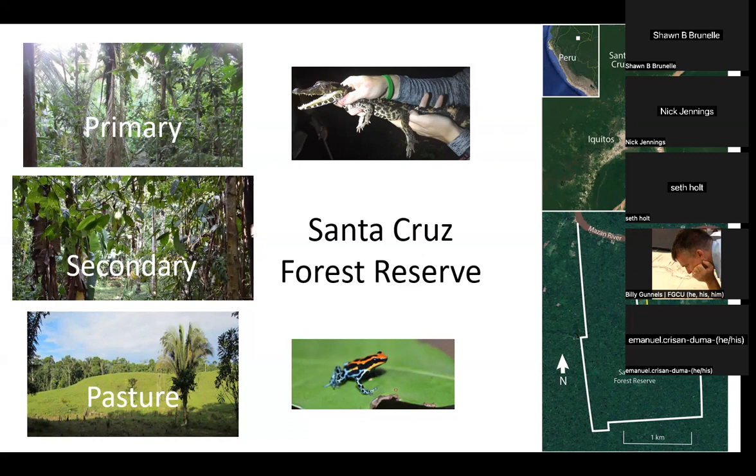This forest reserve is about 10 kilometers by a crow's flight from Iquitos. I think I mentioned Iquitos before. This is the largest city on the planet that's not directly connected by a road. The only way to get to Iquitos is by boat or by flight. And Iquitos is 2,000 miles inland. It is the furthest port away from an ocean, in that you have seagoing vessels that come into Iquitos, drop off their cargo, pick up cargo, go away from Iquitos. Process that again,